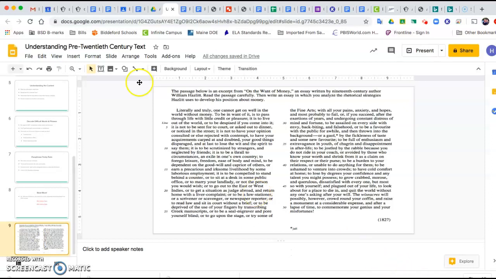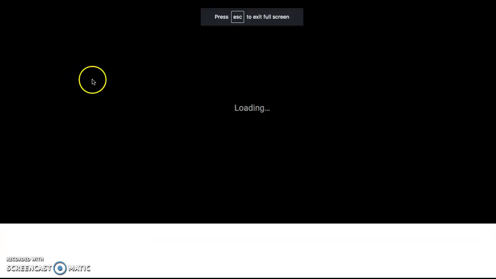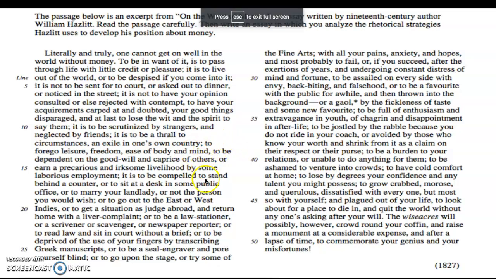And so the last thing, if I make this big again, I'll just show you, if you continue to read, you're going to end up running into, over here, to grow crabbed or morose or querulous, dissatisfied with everyone. Again, you might not know crabbed as a word like this, but if someone's crabby, they're angry. Morose, sad. You might not know that, but then it says dissatisfied. There's enough context here that it's okay if you don't know morose. It's okay if you don't know querulous. You don't have to assume that you're not going to understand the passage. So just realize that authors will often give you lots of synonyms within their sentences to help you realize that you do know what